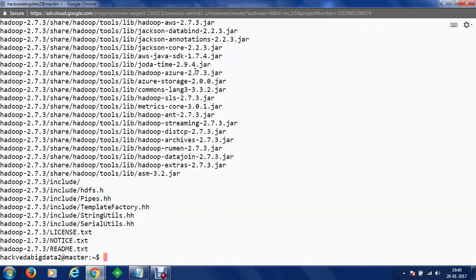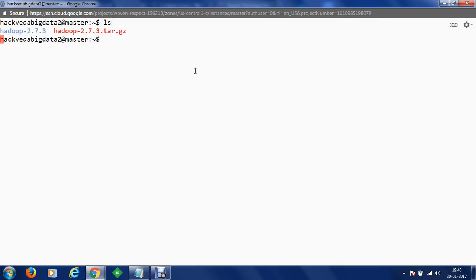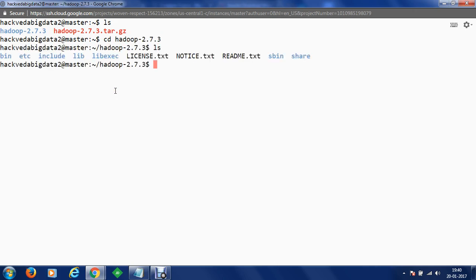So now you can see that our Hadoop archive, which we have downloaded from the website, will be extracted into a new directory. So once we have extracted, we can execute the clear command, and if we execute list, you can see that we've got a new directory, Hadoop 2.7.3. Let's browse to the directory. Within this Hadoop 2.7.3, you can see that we have some files available. Binary files, etc. configuration files, and there are various other files which are required for you to use Hadoop. Let's come out of the directory using cd ..